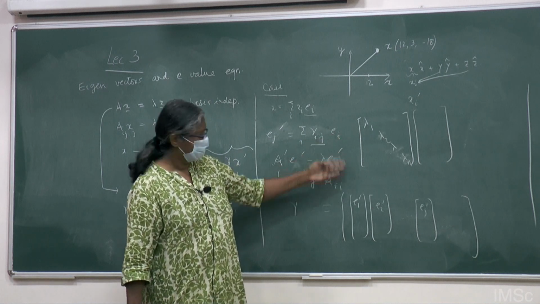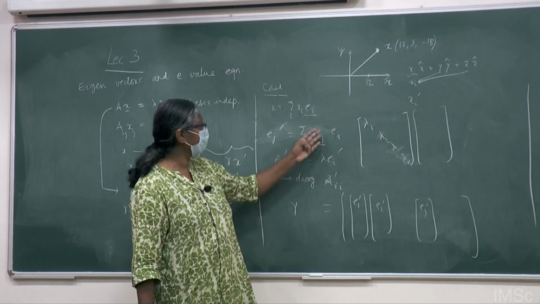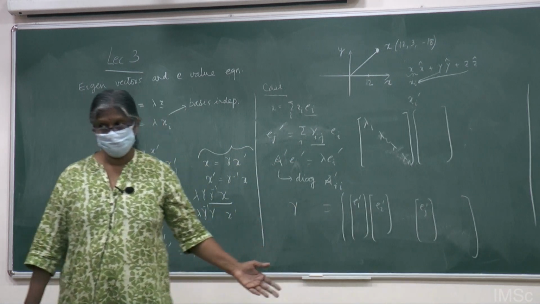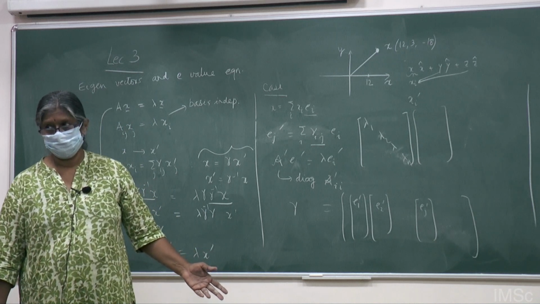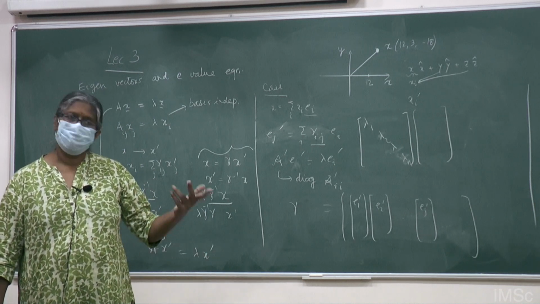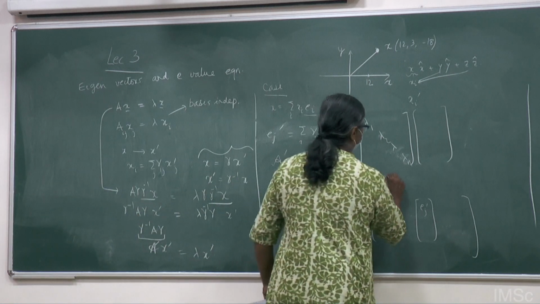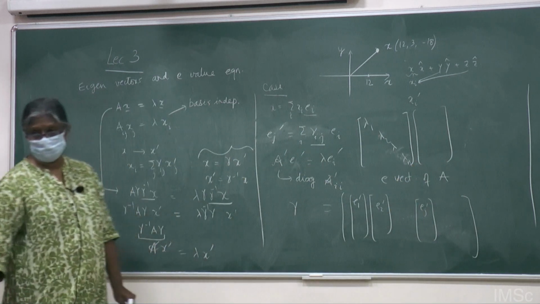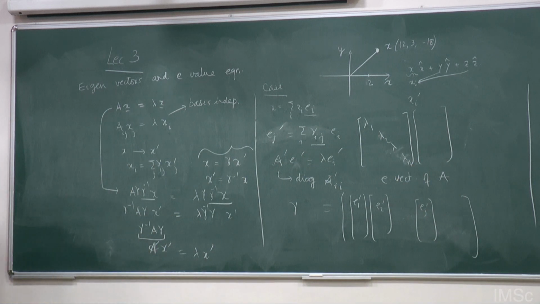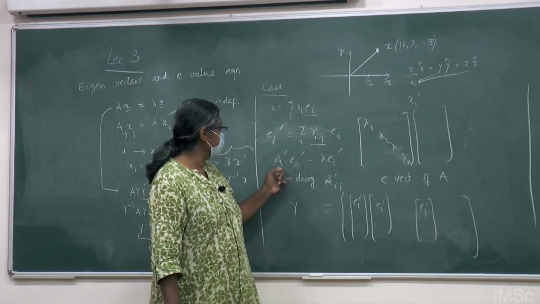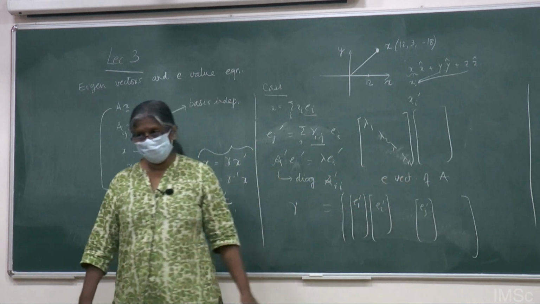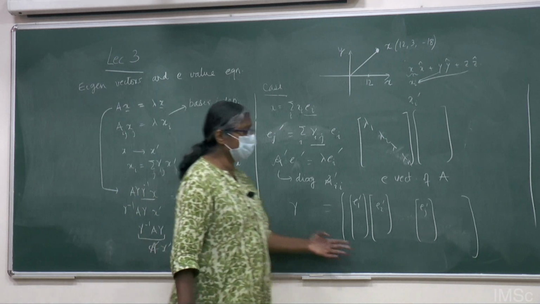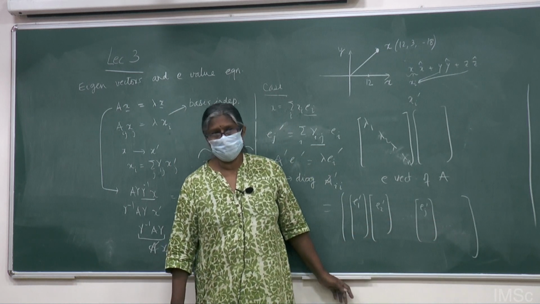So the first component will be the vector E prime 1, the second one will be E prime 2. And what will be these vectors? Very nice. These are the eigenvectors of the matrix A. So this process of transformation gives you the A prime matrix, which is diagonal with the eigenvalues across the diagonal, and the matrix of the transformation will give you the set of eigenvectors of the matrix.